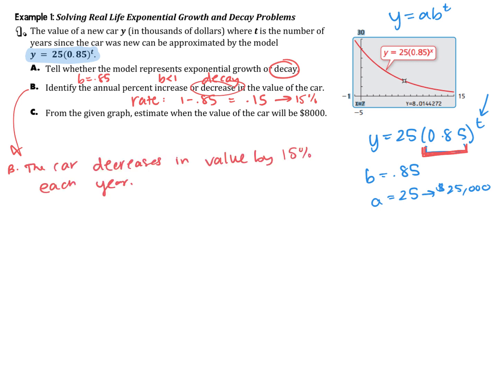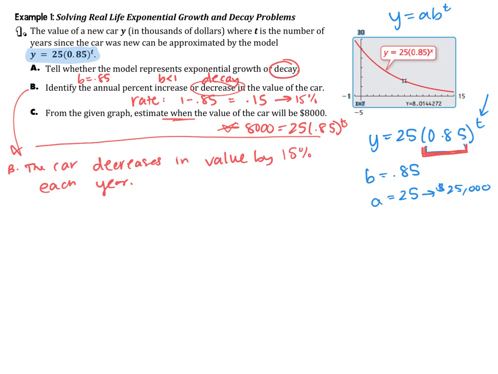All right, last but not least, part C says, from the given graph, estimate when the car's value will be 8,000. So what that's really asking us is, we're trying to figure out when 25 times 0.85 to the power of t equals 8. We're looking for when, so we want to find t. Now, we don't know how to solve an equation like this. We will by the end of this chapter, but we don't know how to solve an equation like this, so